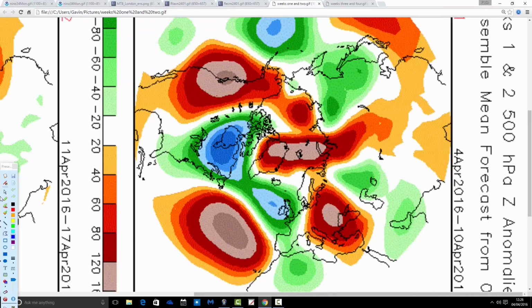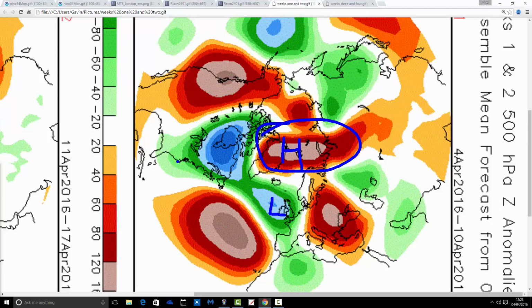So this is the 500 millibar height anomaly, broken down into week periods. The first week period is the coming week, the 4th through to the 10th of April. Very indicative of what we're just looking at from the GFS and ECM models, which is a trough of low pressure, generally centred just to the west of the country with a blocking feature up to the north. That is a very extensive block, and we're lucky or unlucky, depending on your point of view, not to be getting some really quite cold weather plunging down with this, because it is a very extensive blocking that's sitting there